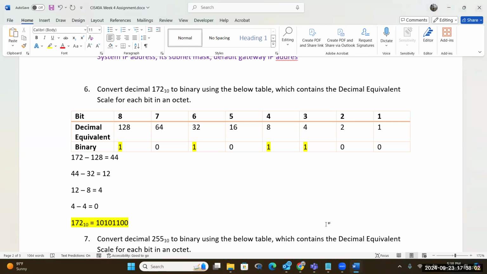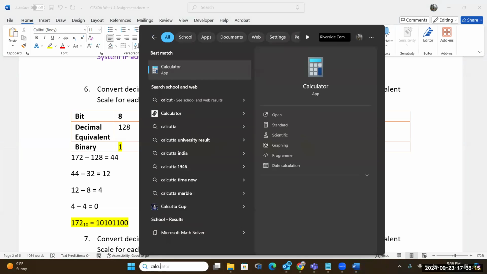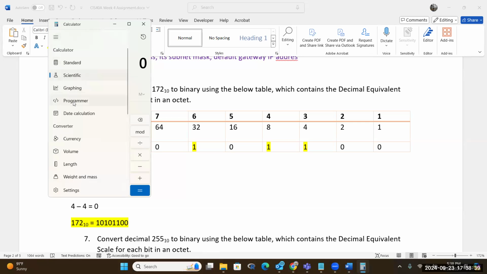You're going to ask me, well, I don't have time to do this all the time. I can't calculate all the IPs. Well, there's an IP calculator and there's a programmer calculator. So on your computer, if you open up your calculator, on the Mac I think you have to turn on the mode. This is a regular calculator that you get from your OS, right? Normally it shows up with scientific mode. If you click the navigation bar, the three lines up here, and then you put it on programmer mode,